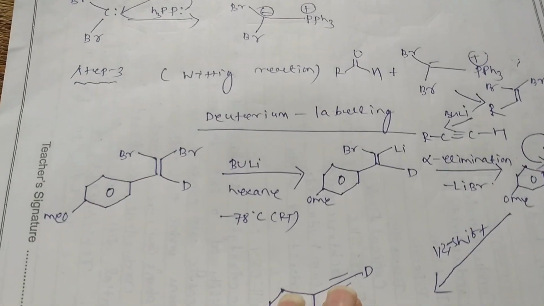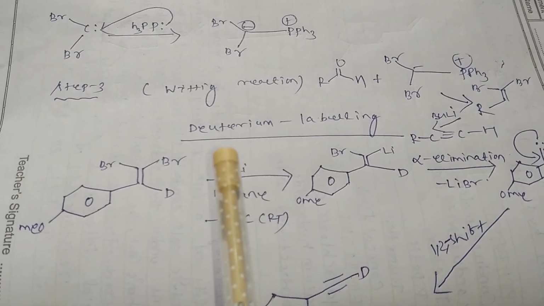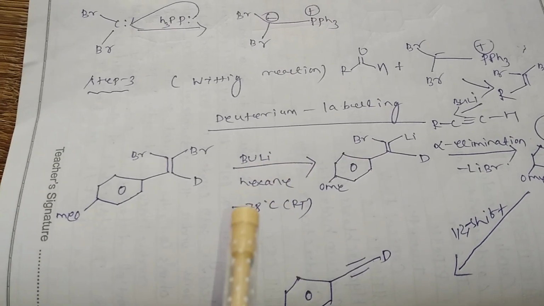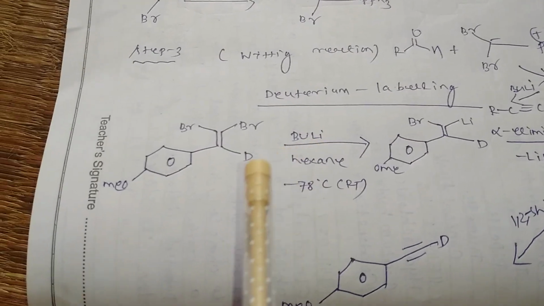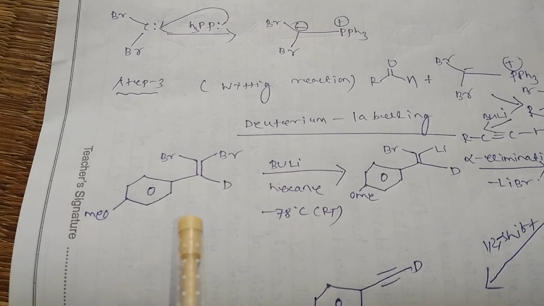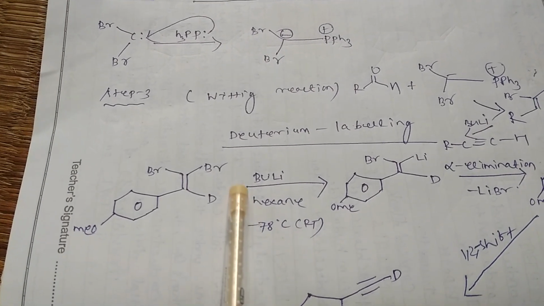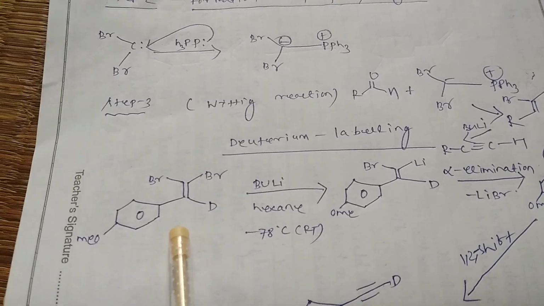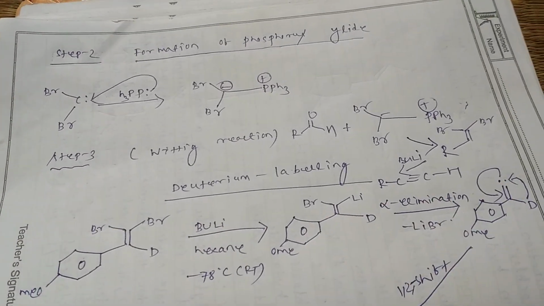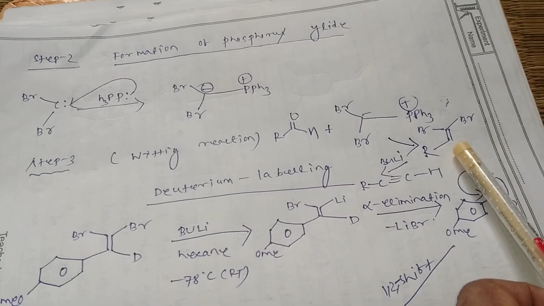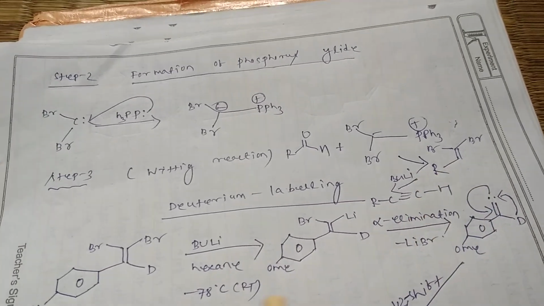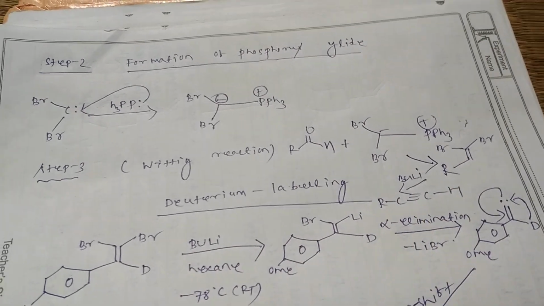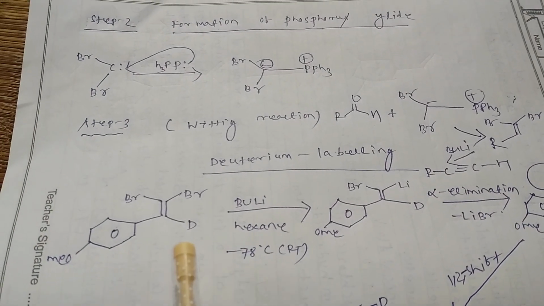Then we come to deuterium labeling. So what is deuterium labeling? How can you do deuterium labeling? What is the major role of deuterium labeling? Deuterium labeling is nothing but the intermediate step. In the intermediate step, you create a compound like that. According to that intermediate step, here R is the benzene aromatic compound. Here R is the aromatic compound. So just like that,